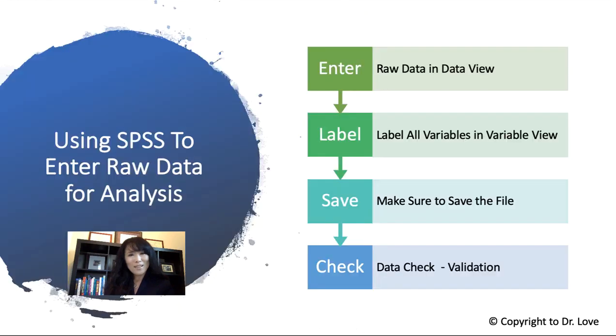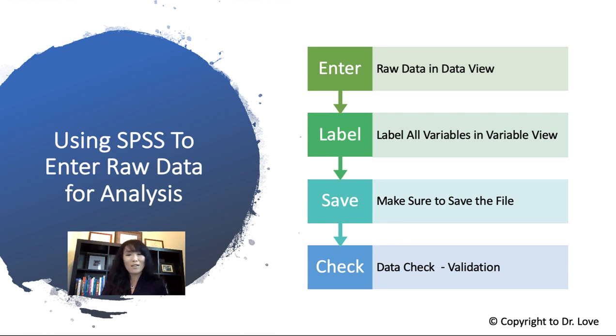So let's proceed. What are we going to be doing? We're going to use SPSS to enter raw data for analysis. Basically these are the 4 easy steps that we're going to be using. We're going to enter raw data in data view. As you saw in the last video, there's data view and variable view. You're going to label all variables in the variable view next, and then you're going to save to make sure that all the raw data that you entered are saved as an SPSS file, and you're going to do a data